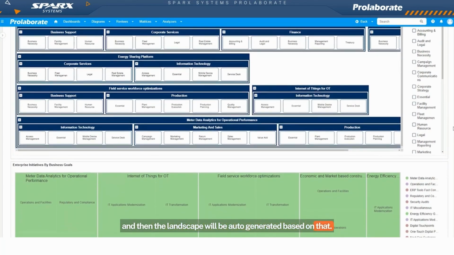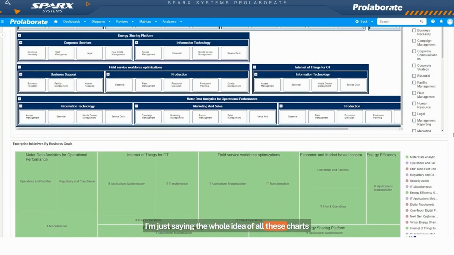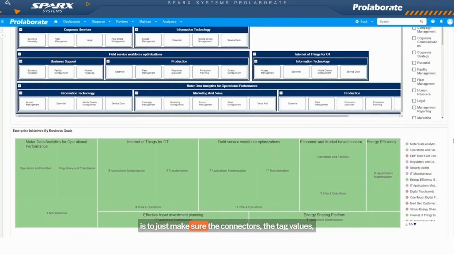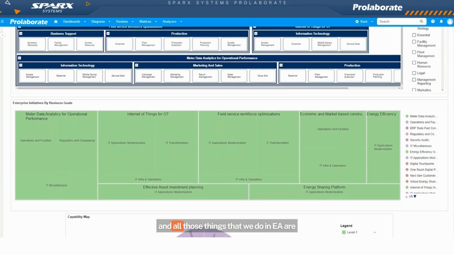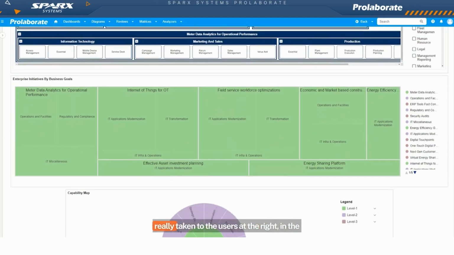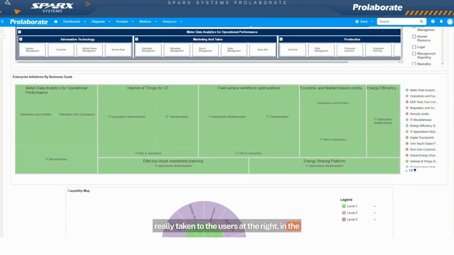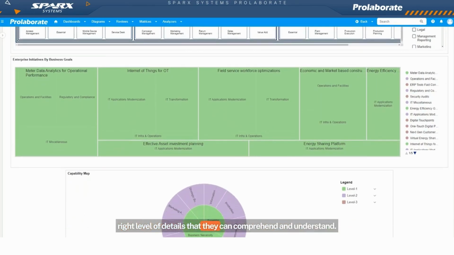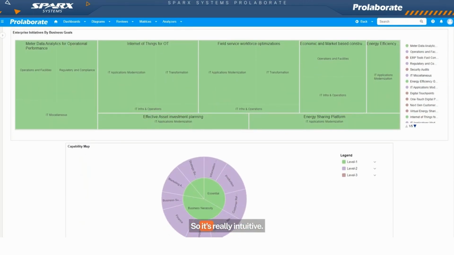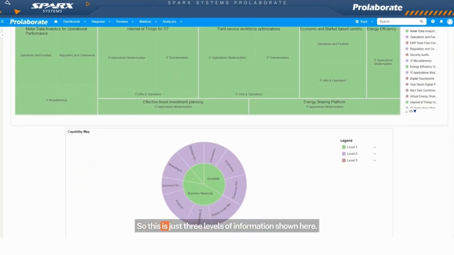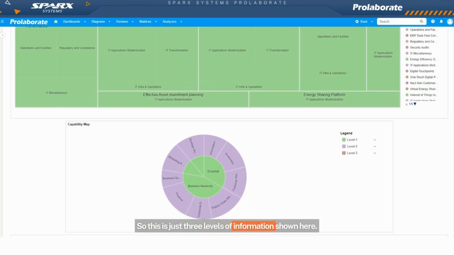The whole idea of all these charts is to just make sure the connectors, the tag values, and all those things that we do in EA are really taken to the users at the right level of details that they can comprehend and understand. So it's really intuitive. This is just 3 levels of information shown here. And just by clicking on these things, people can switch to